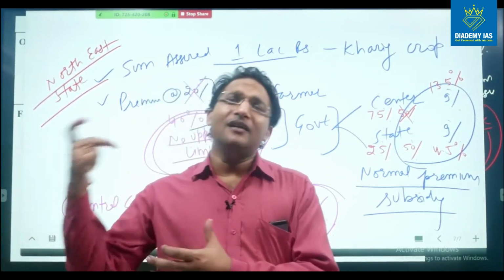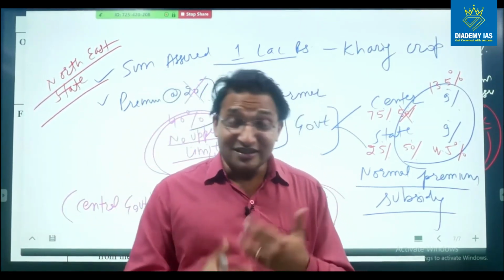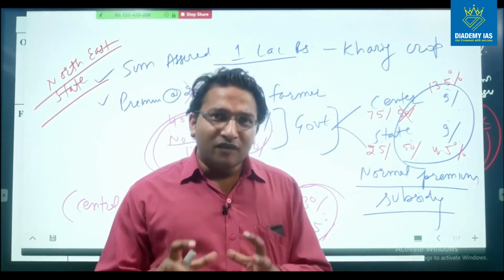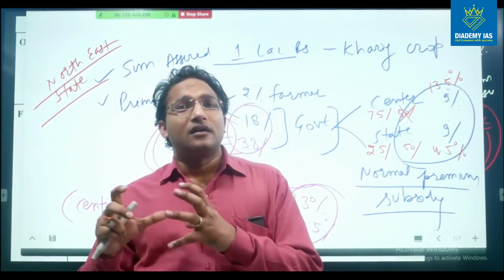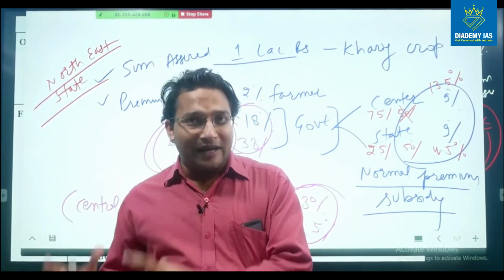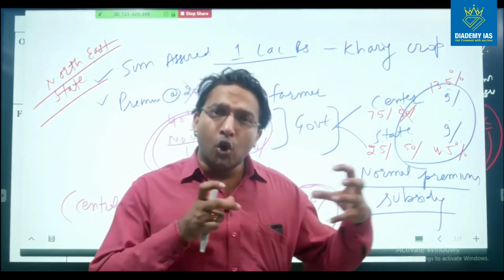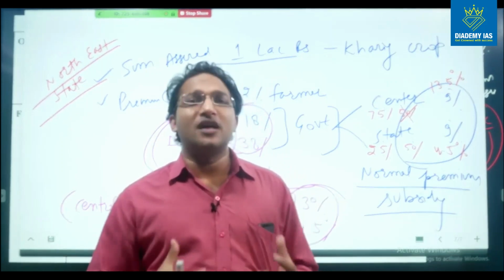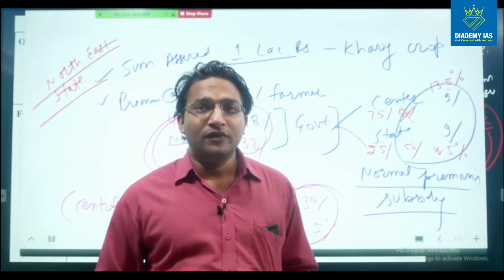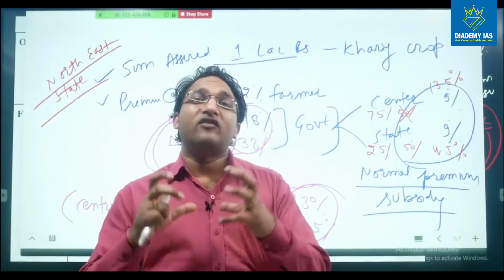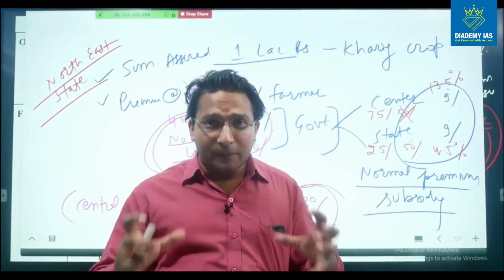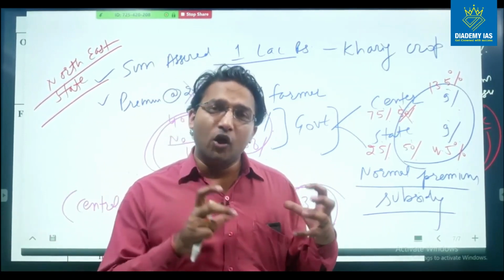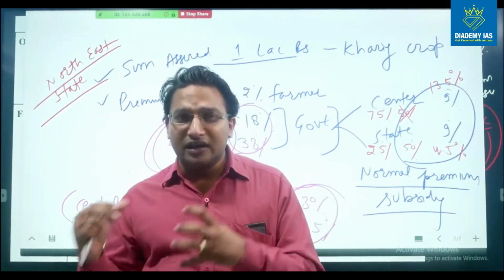but still the farmer is cultivating because the farmer knows, in case I am not able to get the value of my crop, I will get the insurance. The insurance is available from the company. The government will pay the premium. So farmers will unnecessarily get involved in unhealthy practices which increase the cost of premium for the central government. So this practical problem was observed. Because of this, the central government said that we will not pay more than 30% in case of unirrigated districts, and we will not pay more than 25% in case of irrigated districts.